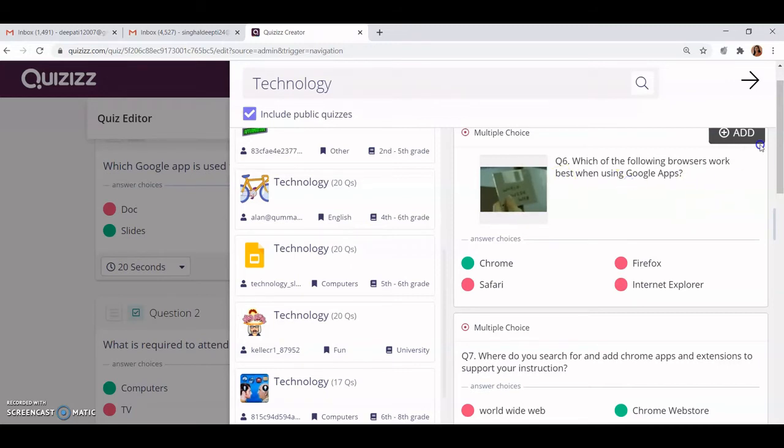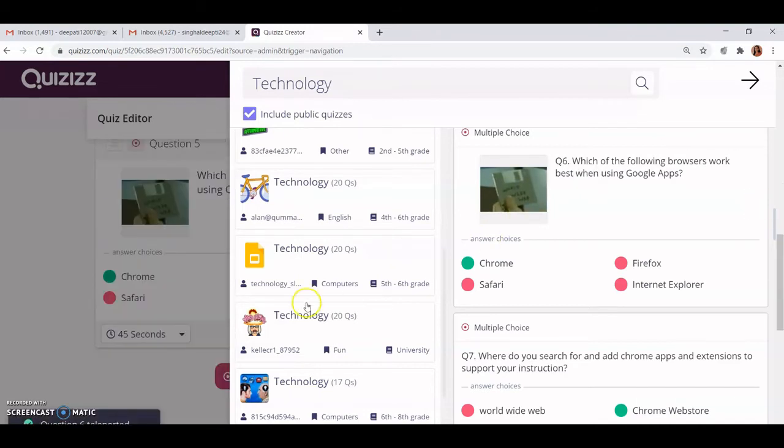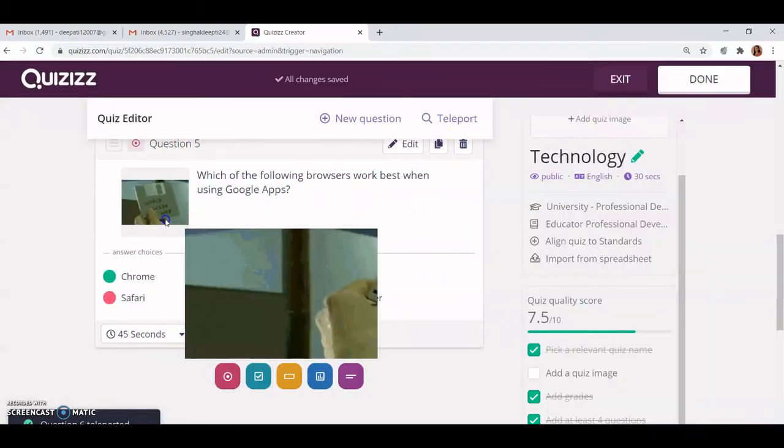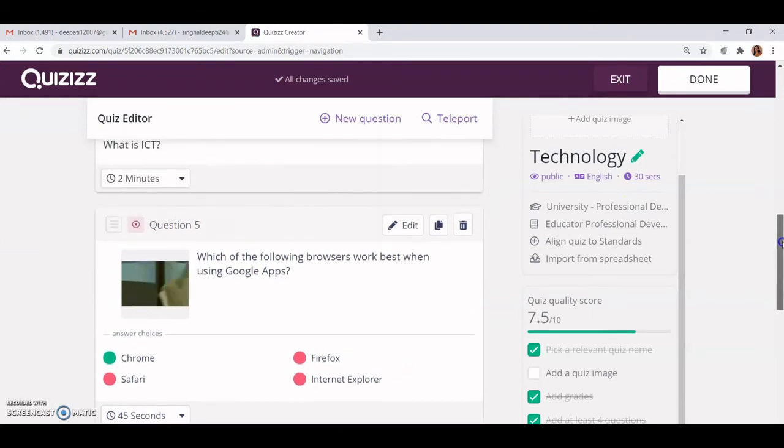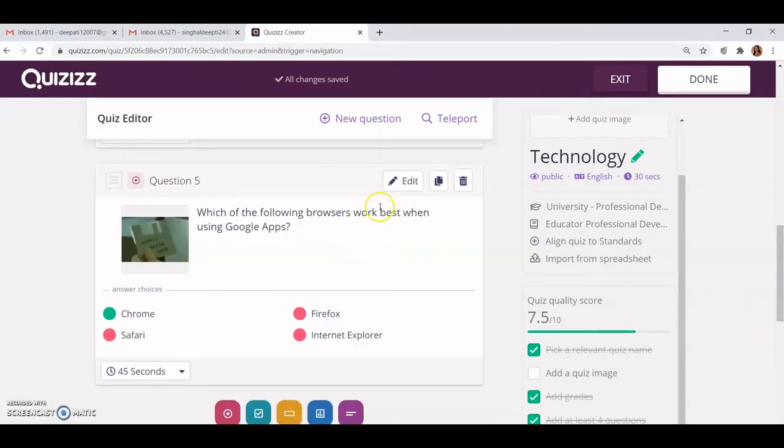If you are liking this question and you want to add this question in your quiz, you can just see here an option of add is coming. You can see on the top here, and you will just click it and it will automatically get added to your quiz. See, only one question is added because you selected only one question.